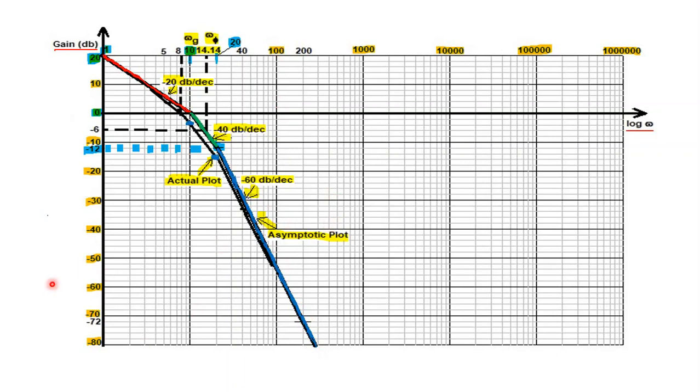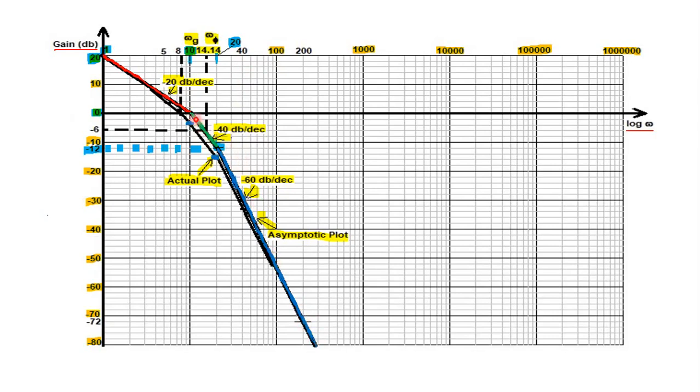in the magnitude plot. Here also I can say at 20 it is minus 12, next octave is 40. So at 40, it is minus 30. So minus 12 minus 18. That means minus 60 dB per decade is equal to minus 18 dB per octave. Like that also we can plot at 40, minus 30. Then join, it will be the same only. Anyway, I am saying all this for better understanding.